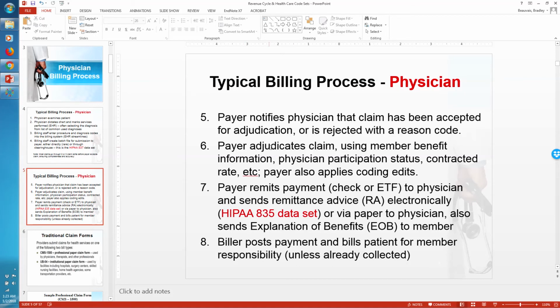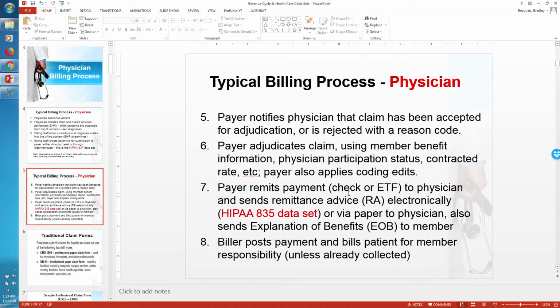Okay, the payer adjudicates the claim. Adjudication simply means that they take that claim, they take all the documentation in support of that claim, and run it through their own protocols to ensure that all the documentation that is there is clinically appropriate, and that it supports the claim being made and the request for reimbursement. Okay,